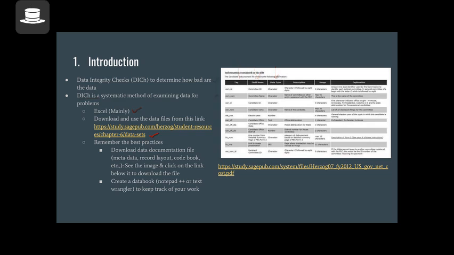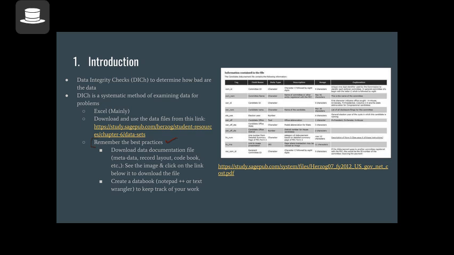And the specific data set that we will talk about in the next slide would be this particular data set, and you can find the data documentation specific to that data set. I'll give you more details about where to find this in the next video. Before I show you what I do in the next video, I just wanted to quickly remind you about the best practices that you learned in Unit 1, where